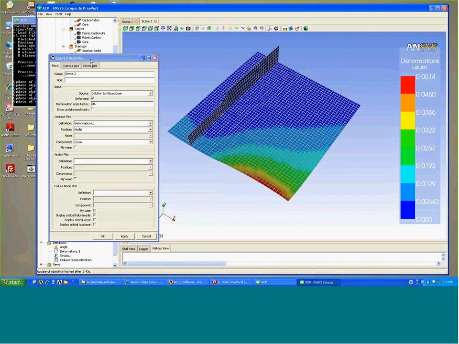So, utilizing the scene properties here, we can also identify the different types of results quantities to post-process. We can include failure mode plots. So this is how we control what is being post-processed in this particular window and from the various quantities you're interested in. So that's a brief introduction to pre- and post-processing of the composite PrePost